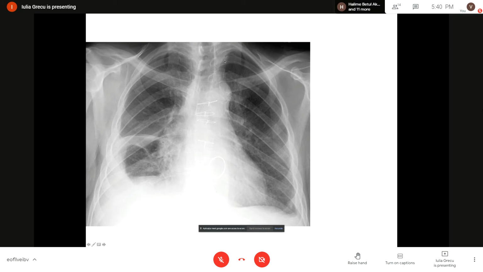Also, what we have to look for is to have in the film, captured in the film, all the anatomic regions of interest. So we don't need to cut the apex of the lungs, we don't need to cut the costodiaphragmatic angles, and we also usually have to see the soft tissue of the thoracic wall. Okay, so moving along to the